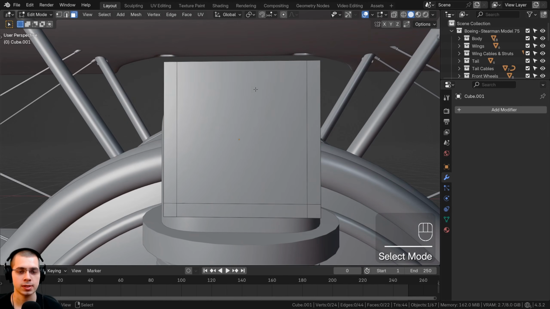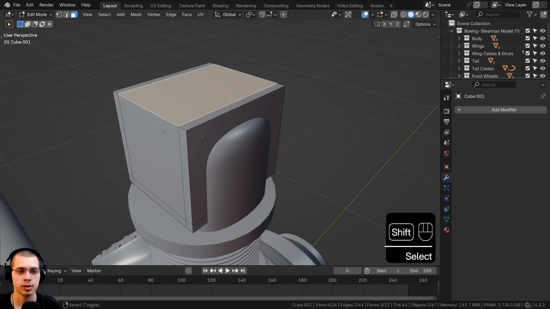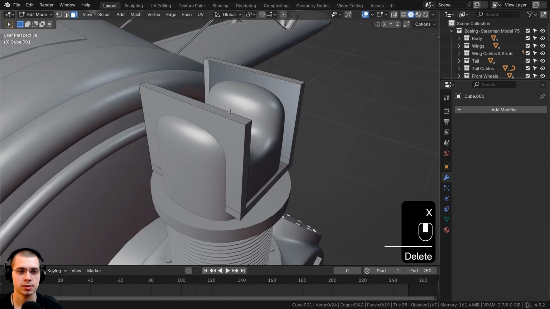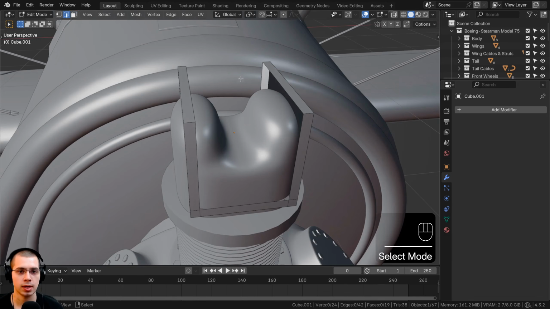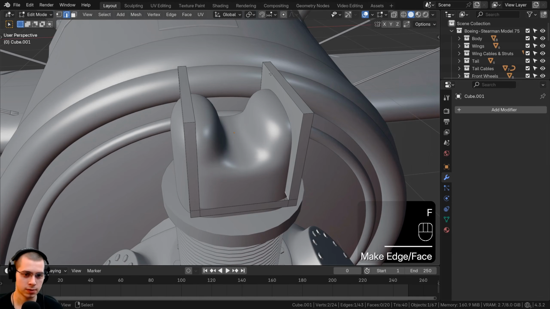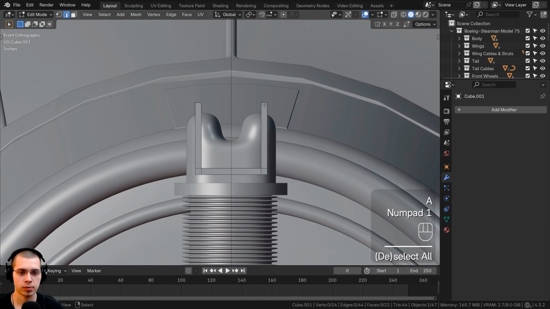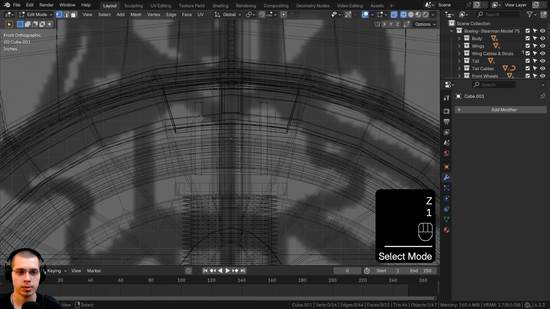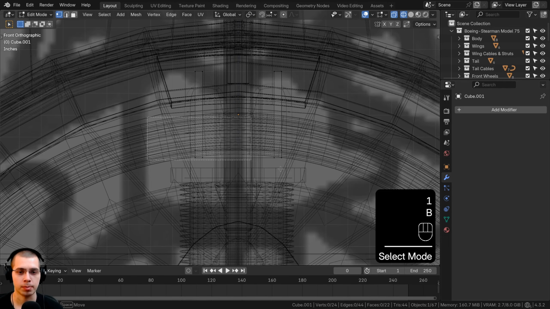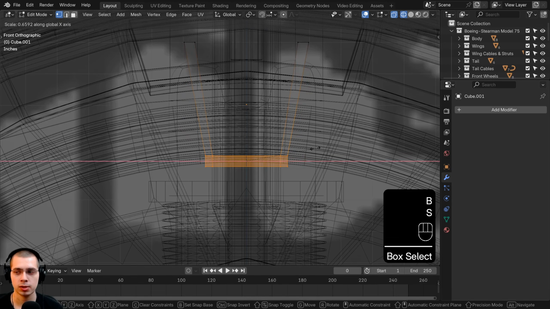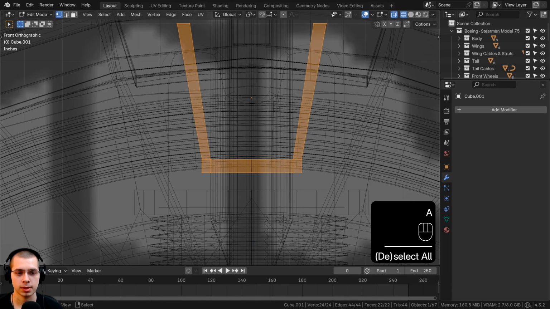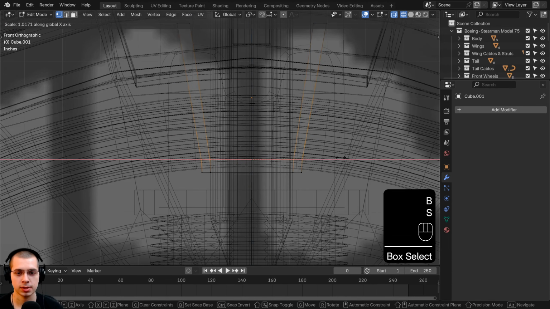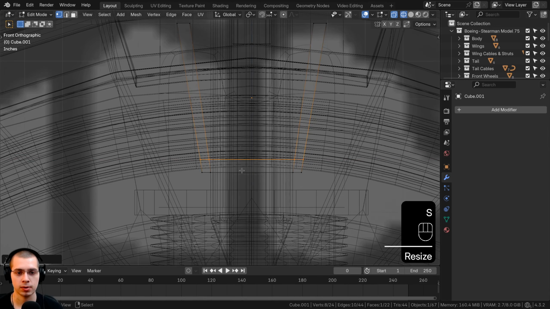And then let's go to the face select and we can select these three faces and delete the faces. And then let's go to the edge select. We'll select this edge and just fill that by hitting F. And we're now going to go to front view. Let's go to wireframe and we'll go to the vertex select. I'm going to box select the bottom and we'll scale it in a little bit. And then we'll box select these vertices here and just scale that out a little bit so the angle is